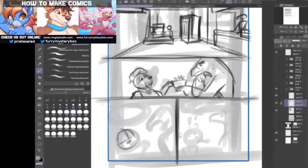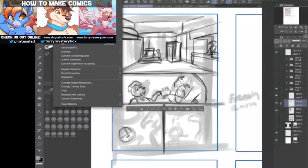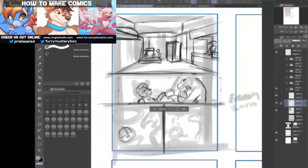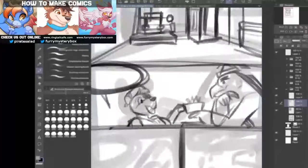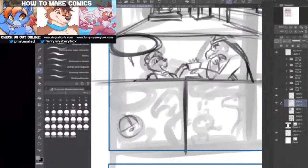The other thing that's good to note, and one area where I always have a problem, is making sure you leave room for dialogue bubbles. So there we go. Now I'm going to put in my fake dialogue bubble. Nice. Okay, and now